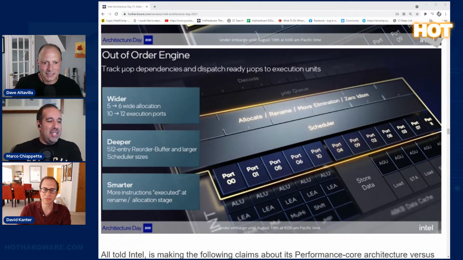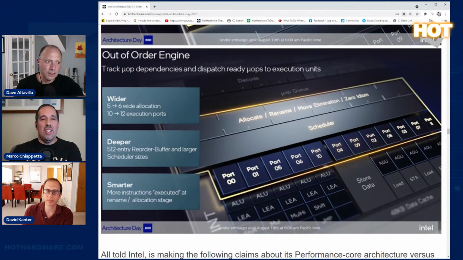I would love to hear what David thinks when he hears statements like that where there's really no detail. What goes through your head when you hear branch predictor? Before you answer, Dave, I want to step in, and I agree with you, Marco. We hear that almost on every architecture disclosure from both sides of the fence, by the way, Intel, AMD, whoever.